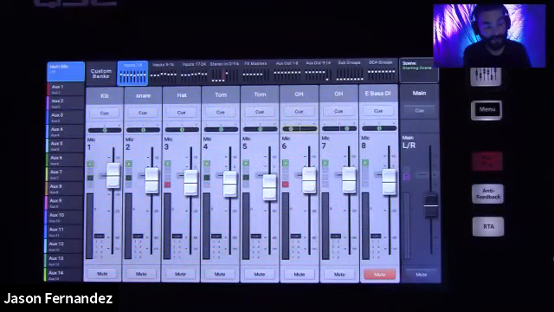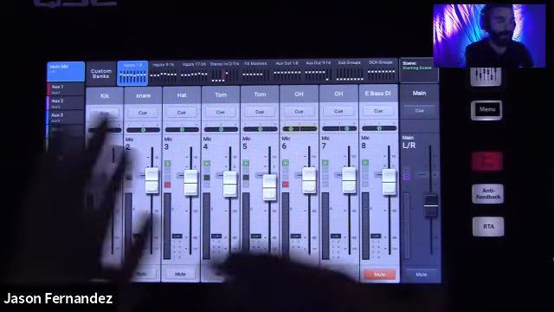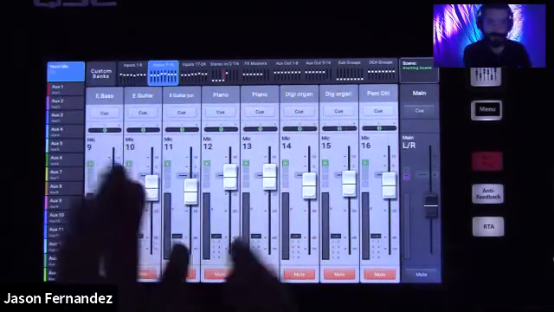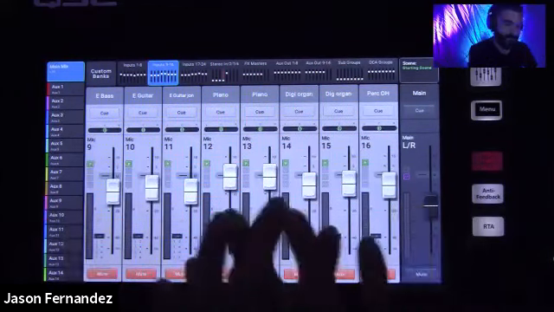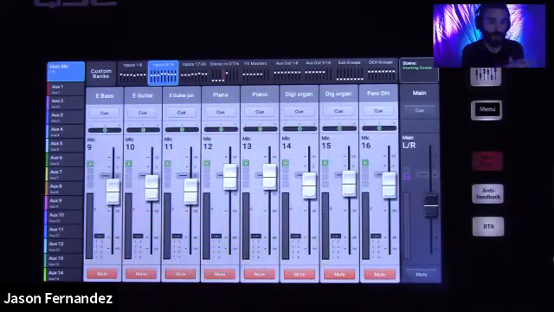And now to demonstrate what a full mix could sound like from here, obviously you would continue to go through your channels and you would dial in presets, or you would at least dial in channel settings for all of these to build your mix. That is the main meat of what mixing is. And it's not just mixing levels. You're going in and you're actually fine tuning, you're shaping the sound of each element